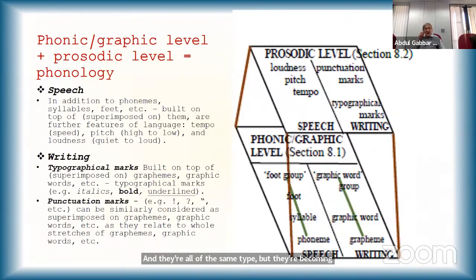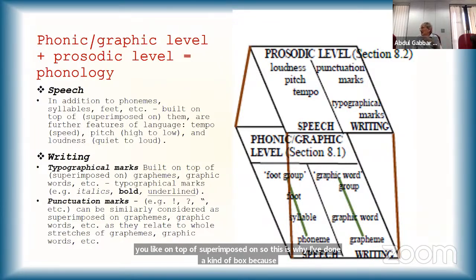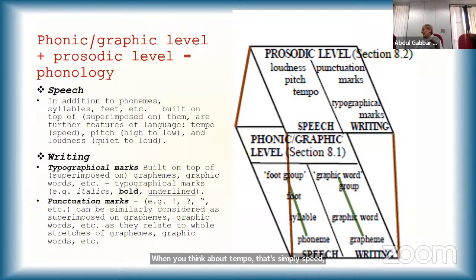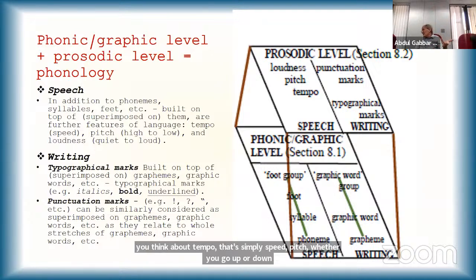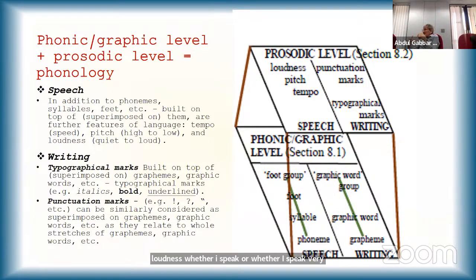Okay, so you can then, this is easy to do with speech. When you think about speech, you've got these degrees of complexity, but in fact, when we speak, there are other things that are going on, if you like, superimposed on top. So this is why I've done a kind of box, because when you think about tempo, that's simply speed, pitch, whether you go up or down, loudness, whether I speak quietly or very loudly, that's to do with